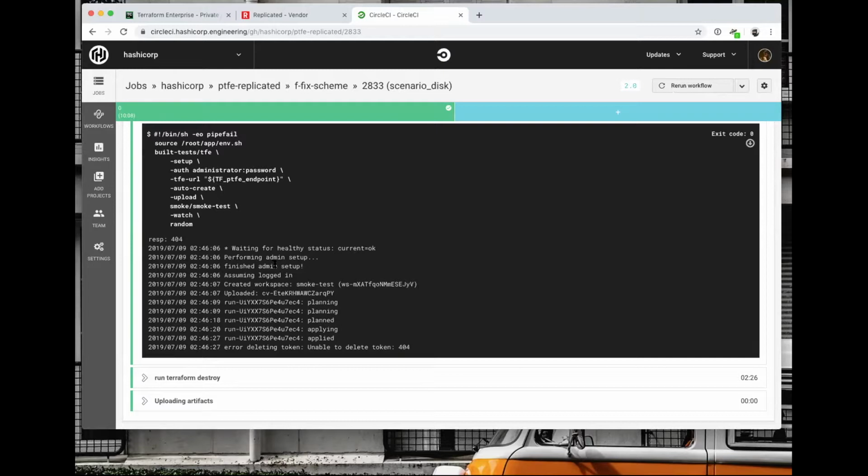And so a different team, thankfully, than my team, is working on writing an integration test suite, and they actually have that done. We just haven't wired it in yet. So this smoke test is one that we wrote way back in the day that we just keep maintaining and updating. Basically what it does is it makes sure that the core workflow of the product works. It sets up the admin, creates a workspace, uploads it, and makes sure that it plans and applies. And if we can do all that, we're like, okay, we didn't break the product.